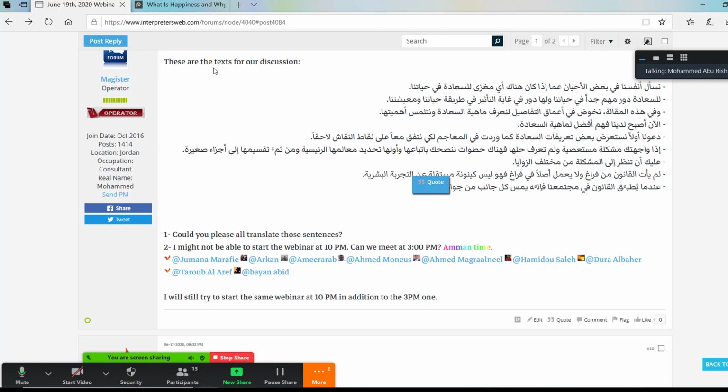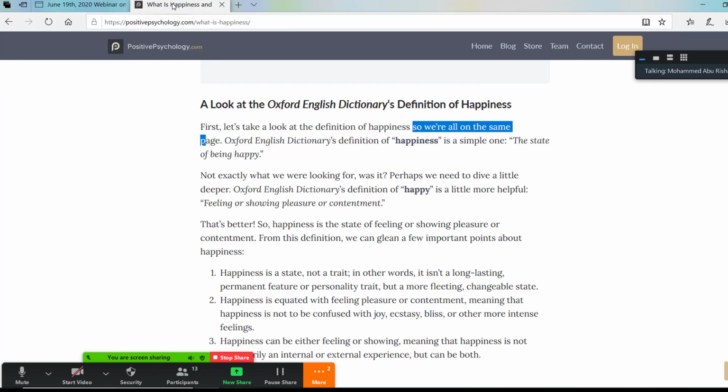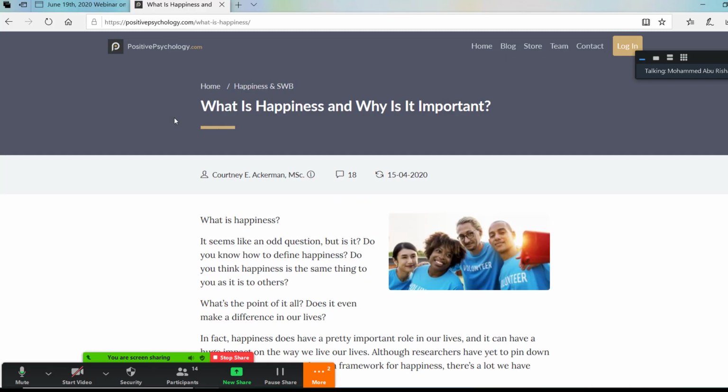So that's all about back translation. Once again, I want to make a summary. We have several steps. I think we counted 6, if I'm not mistaken. The first one is to browse the internet and find an interesting topic. And I chose this one about happiness, not academic, not in management, not anything. It could be in management, by the way, but choose something that appeals to the reader.